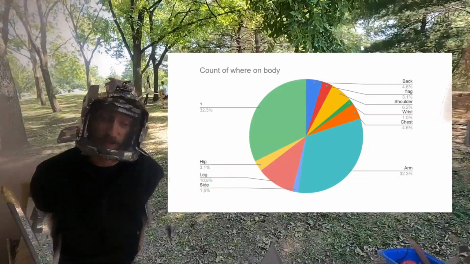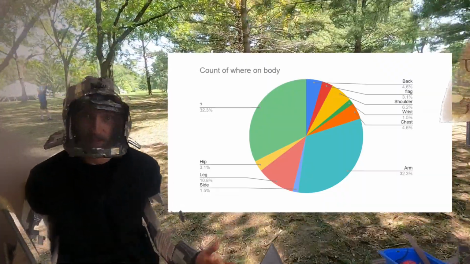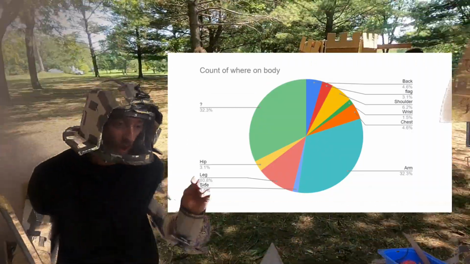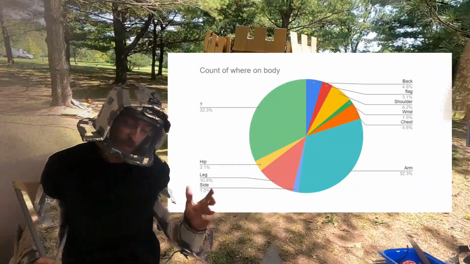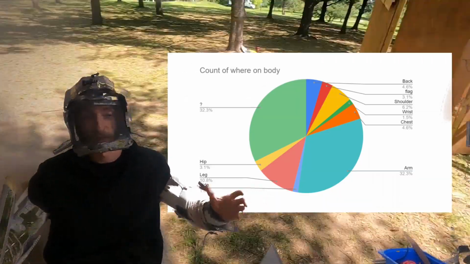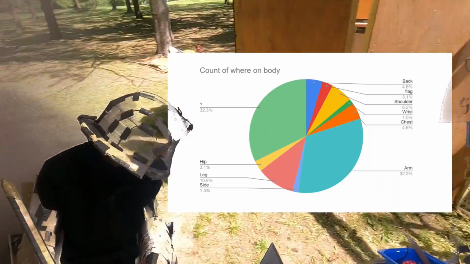So the hypothesis is that people make armor first because they get tagged on the arms the most. And so they're armoring the spots that they get tagged so they don't get tagged there anymore. And it progresses, and then they start making big plates and start filling in gaps between plates, and that's kind of the whole science of armor. But it kind of shows.